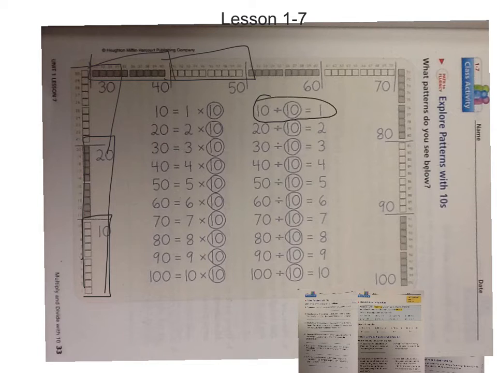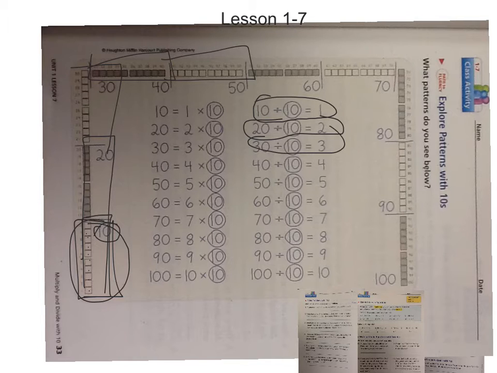10 divided by 10 would equal 1. Okay, because 10 divided by 10 singles would equal 1 group. 20 divided by 10 would equal 2. 30 divided by 10 would equal 3. And so on. Tens are probably the easiest thing you'll work with, because all you're really doing is adding a